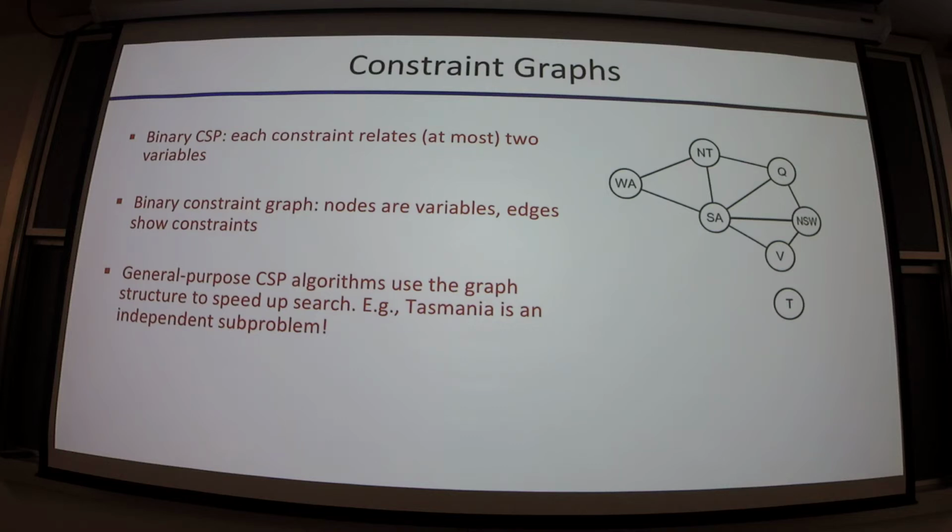General purpose CSP algorithms are going to use this graph structure. So why do we formulate this as a graph? Because a lot of very smart people have been working on graphs for a long, long time, right? So there's a lot of machinery in place already in computer science and mathematics and graph theory that we can use if we're formulating our problems as graphs. For instance, we can look at connected components on this graph. If you have distinct connected components, those are subproblems. There's no constraints between the two, so you can solve them separately. For instance, there's no constraints going into Tasmania. That's an example of why we're using this.